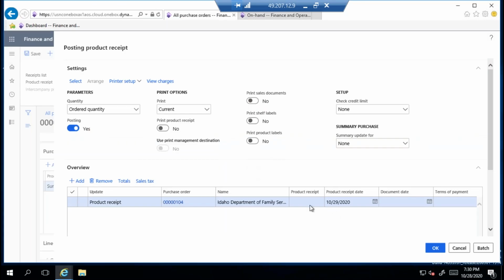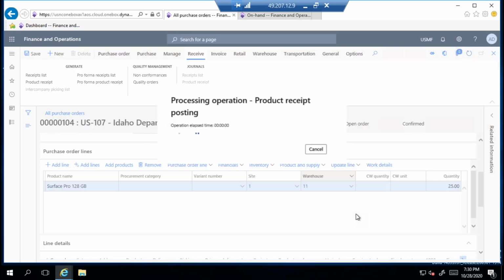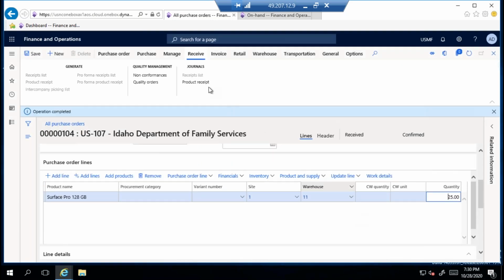Okay, it was opened. So product receipt number is a must, that is the vendor dispatch document number. This is the vendor dispatch document number, because you are receiving material, which means the vendor has dispatched. That document number you need to enter. Click OK. It is processing. So product receipt is updated.